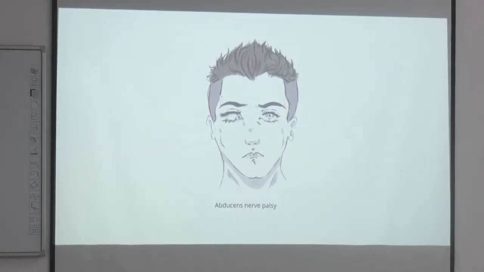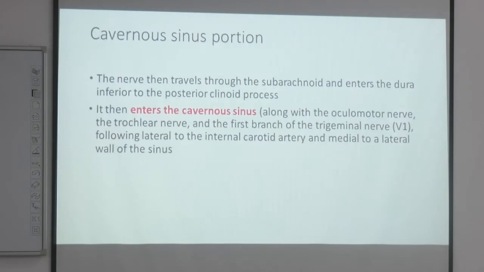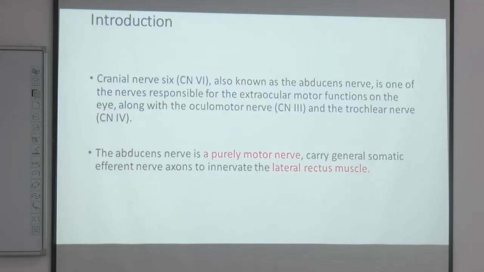This happens because the lateral rectus of this individual is not working, it's not pulling laterally. So the medial rectus is superpowered, pulling the eyeball medially. It is one of the common clinical nerve injuries which we see in clinical life. Many of you will see individuals just passing by with this kind of defect. That's why we are talking about this defect at the beginning, amongst these two cranial nerves,